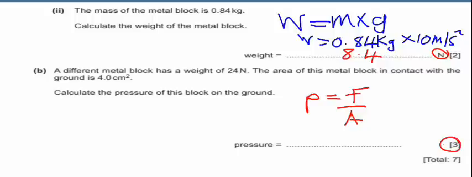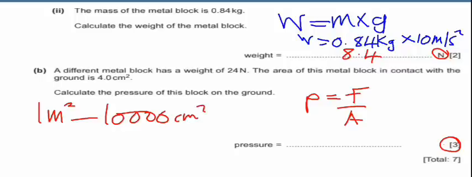Now we have 3 marks here, meaning this area which they have given us, we need to convert it from centimeters squared to meters squared. Okay, so I'm going to say 1 meter squared is equivalent to 10,000 centimeters squared. Now since we want to convert 4 centimeters squared into meters squared, we are going to say 4 centimeters squared multiplied by 1 meter squared divided by 10,000